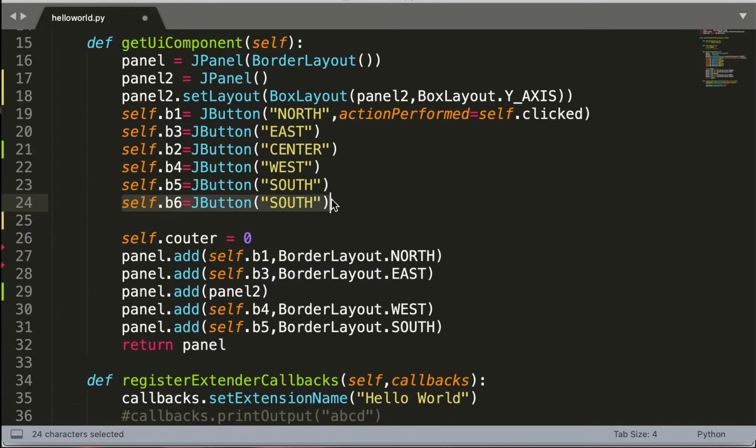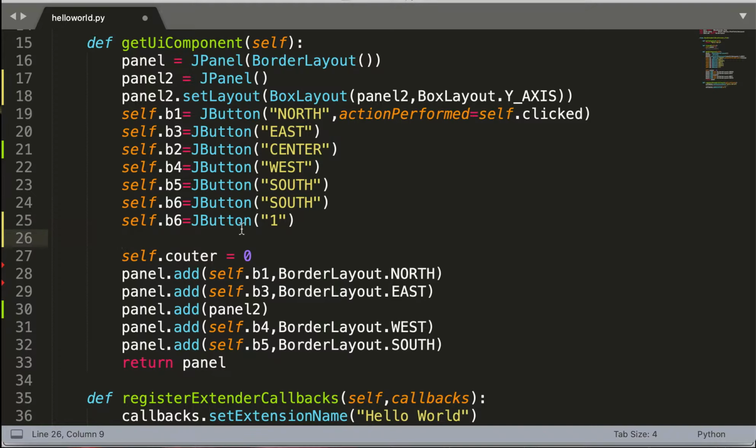So I'll be creating two more buttons, B7, and I'll be calling it B8, and I'll be adding this B7 and B8 to panel2.